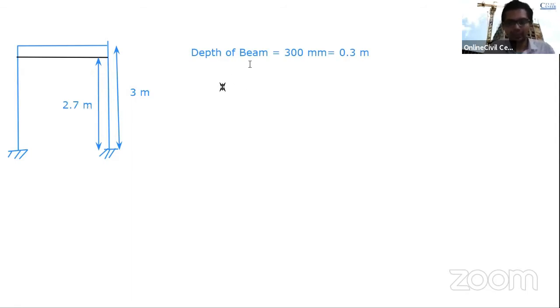So here we can write one particular point: the height of brickwork equals 2.7 meter. We got that. Now to calculate the brickwork, we need other dimensions. We need to calculate the area per square, and after that we can multiply it by the unit weight. So let us find out the thickness of the brick.